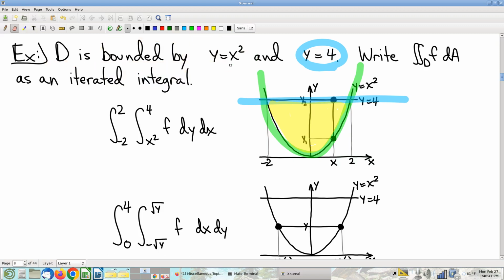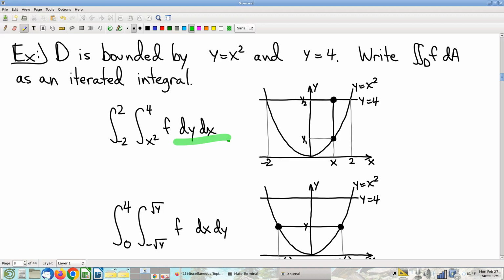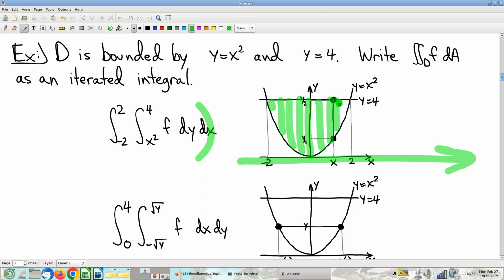Okay. Now, with that said, how are we going to do an iterated integral on this region? We've got a couple different options for how we can do the differentials, either dy dx or dx dy. Now, arbitrarily, I'm going to start with doing dy dx. Let's think about the range of values of x. The x slices, of course, there's the x direction. X slices, therefore, look like this. Right? And we can see that they start at